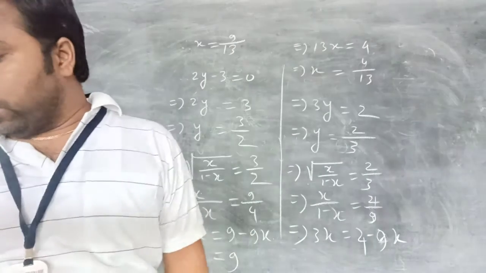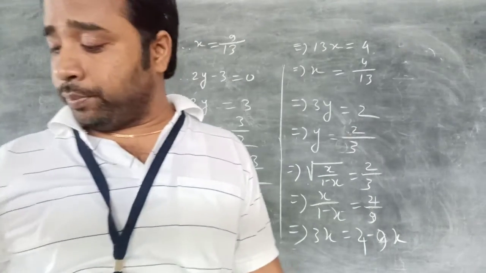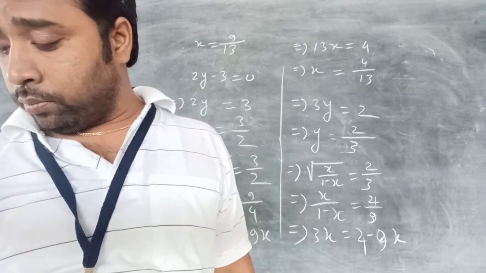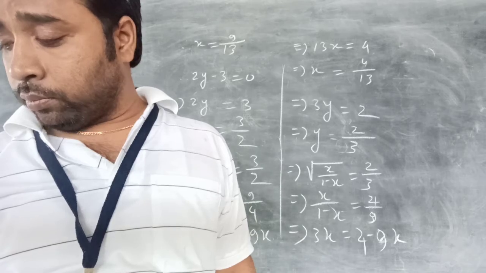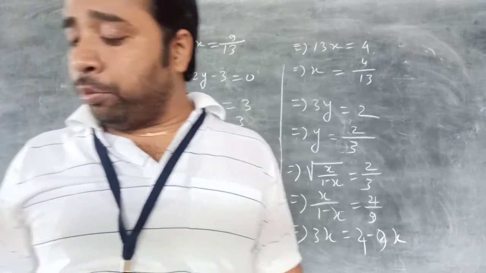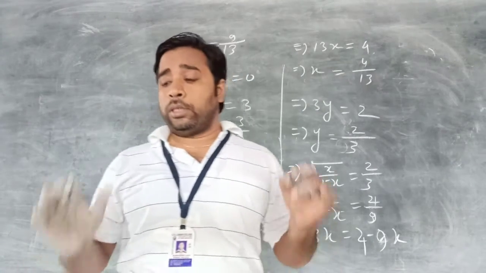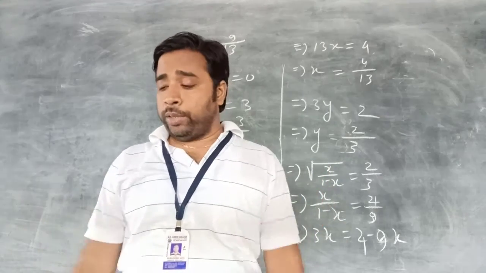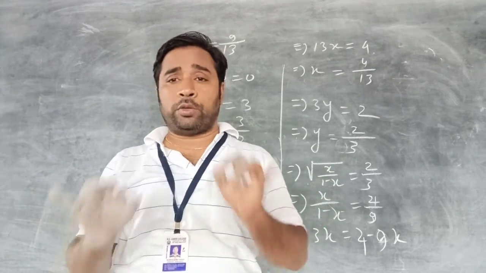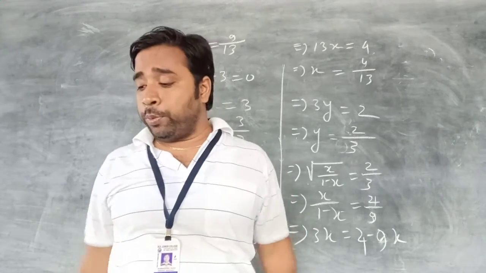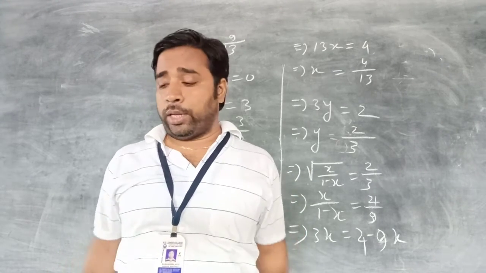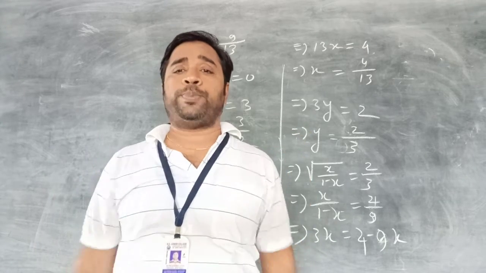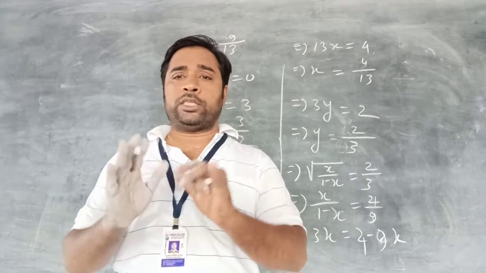Now see question number 7, 8. Question number 8 you do by yourself, because it is coming under the same rules. First of all, you have to find the value of a square plus b square. You apply the formula of a plus b whole square, then you consider x plus 1 by x equal to y, and you will get the solution easily.